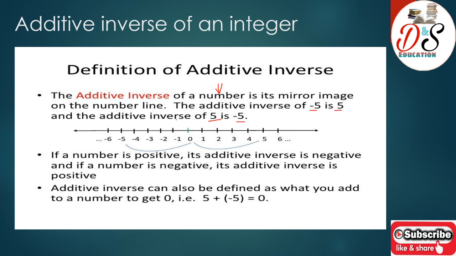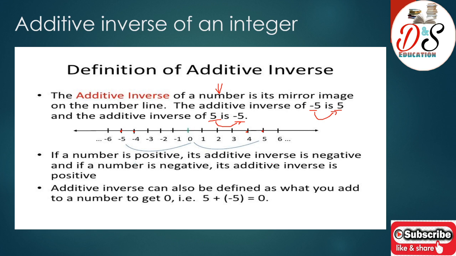Means the additive inverse of any number is its mirror image on the number line. यानी अगर -5 का एडिटिव इनवर्स निकालना है तो +5 होगा, और जस्ट अपोजिट +5 का एडिटिव इनवर्स -5 होगा। तो सिंपली ये मिरर इमेज है। अगर 5 को मिरर में देखेंगे तो हमें -5 दिखाई देगा। सेम, -4 का एडिटिव इनवर्स 4 होगा। और सिंपल सा रूल याद रखना है कि अगर नेगेटिव इंटीजर है तो उसको पॉजिटिव में कन्वर्ट कर दीजिए, पॉजिटिव है तो नेगेटिव में कन्वर्ट कर दीजिए।